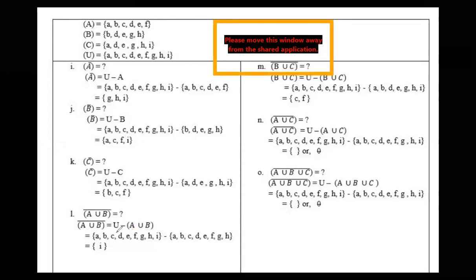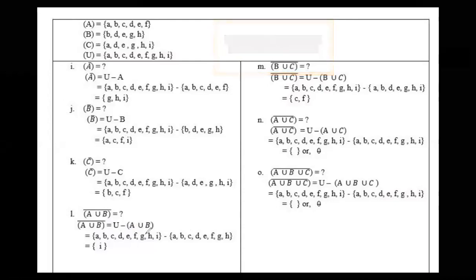Look here. So the same value we are putting up here. What is the value of A union B here? A, B, C, D, E, F, G, H. Okay, this was the value, isn't it? So let us put the same value. If we have not found this one, then we need to find this A union B first. That we will learn afterwards after a few days. When doing proof problems, we need to find that also first of all.